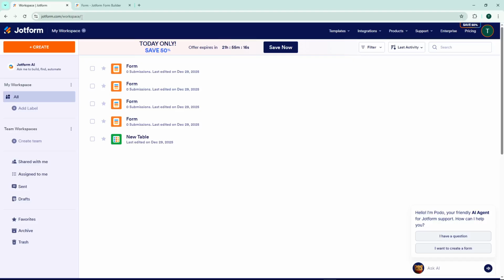Today I'm going to teach you how to add a dynamic dropdown to Jotform. This feature is incredibly useful when you need dropdown menus that update based on previous selections, making your forms more